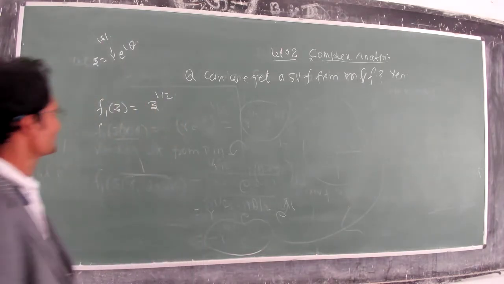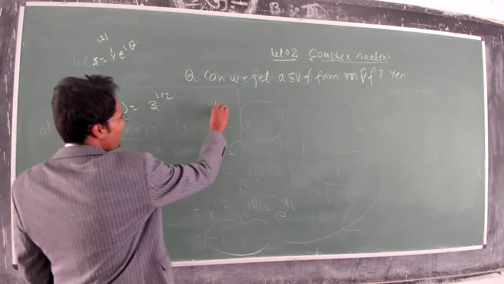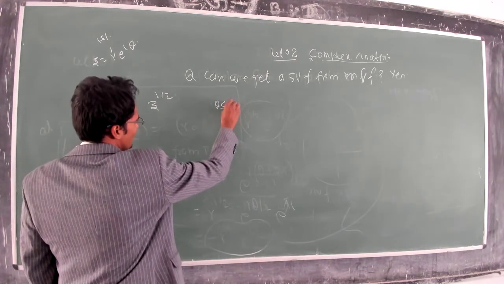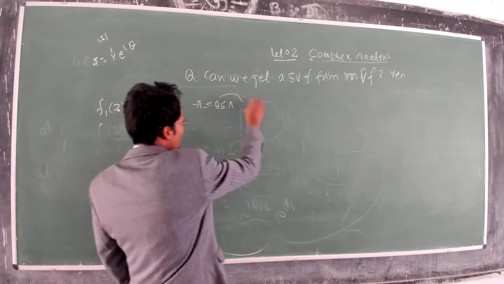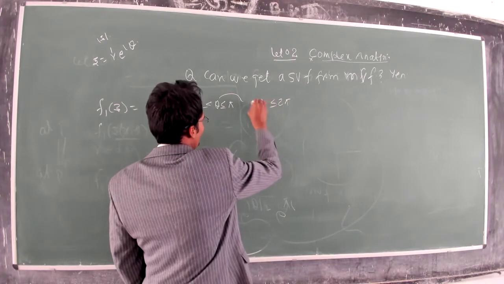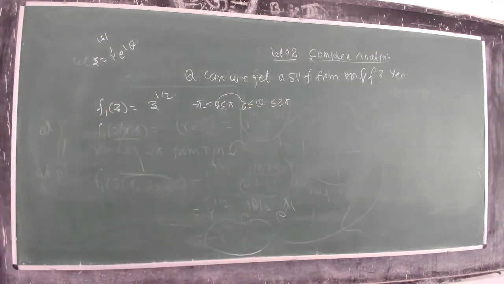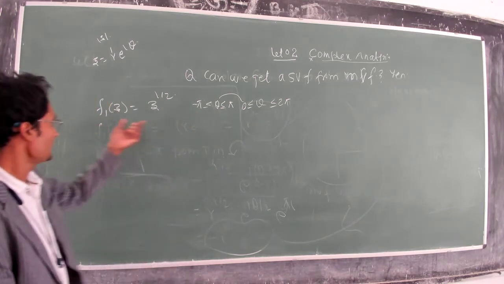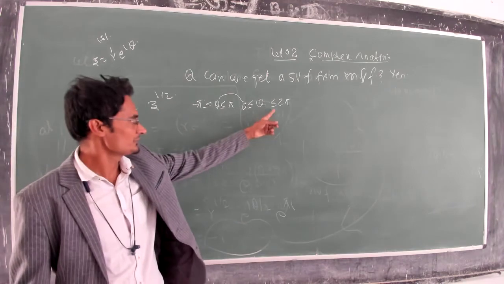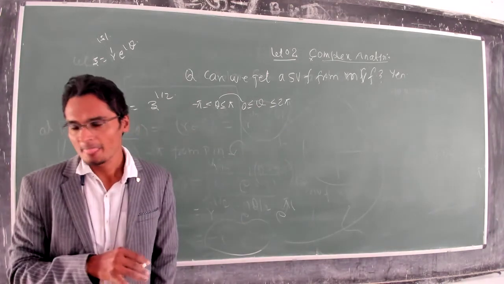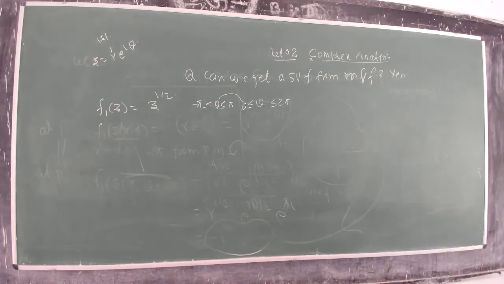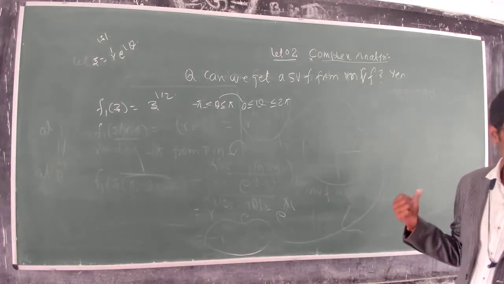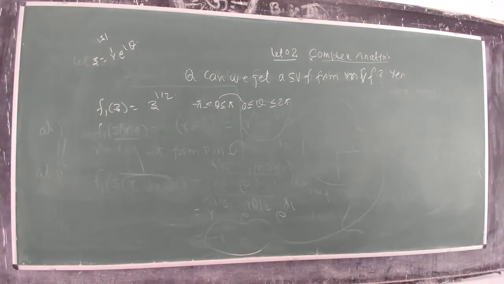So z raised to the power half, this will be theta less than pi and greater than minus pi, whatever. Or in the 10th class you have seen this as 2 pi greater than or equal to 0. When no constraint is given, there is no condition, then definitely the whole 2 pi rotation is with us, right? Our question was, if we have a multi-valued function, can we get a single-valued function? The answer was positive. So now we are trying to see how to get a single-valued function, right?